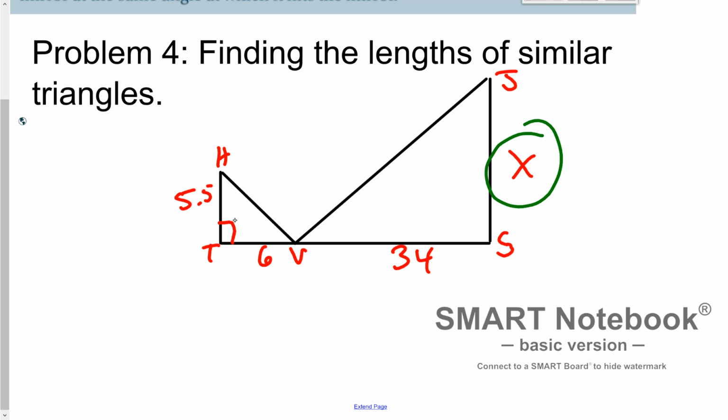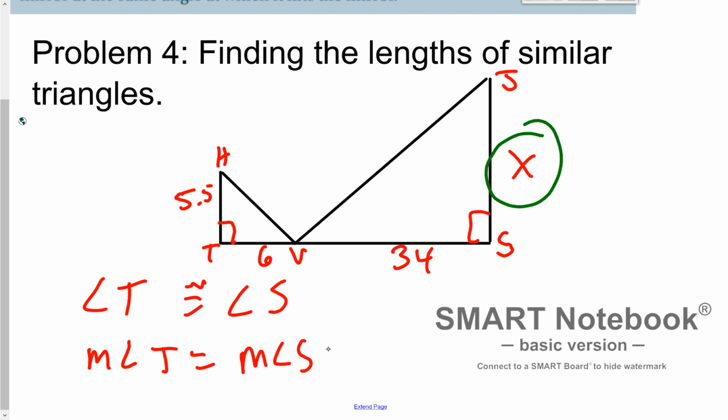So therefore I have angle T congruent to angle S because they're both 90 degrees, right? Angle T is equal to the measure of angle S because they're both 90. They're both right angles. So I got one angle, and now all I know is that right here, if it